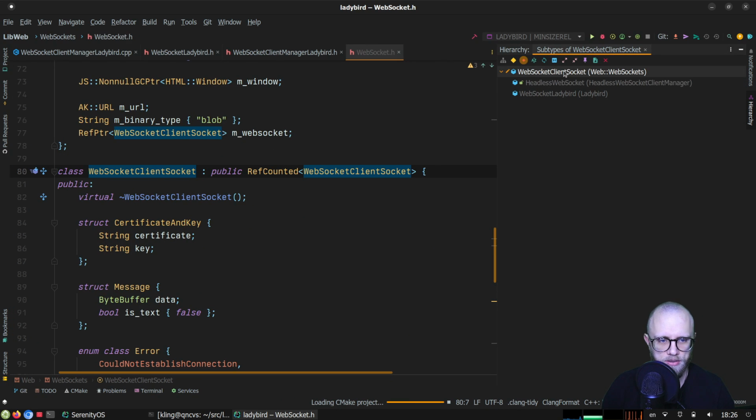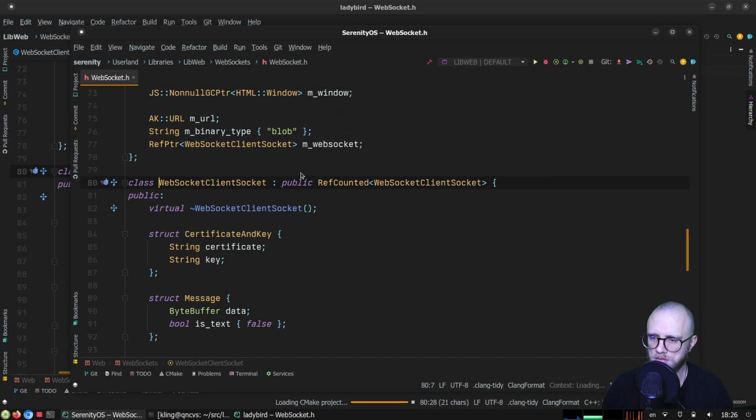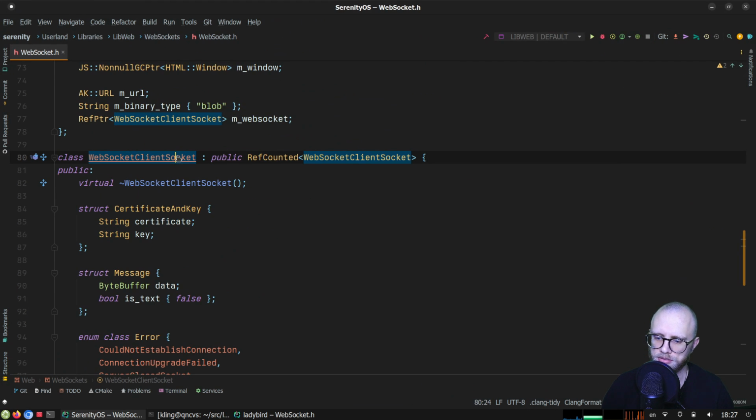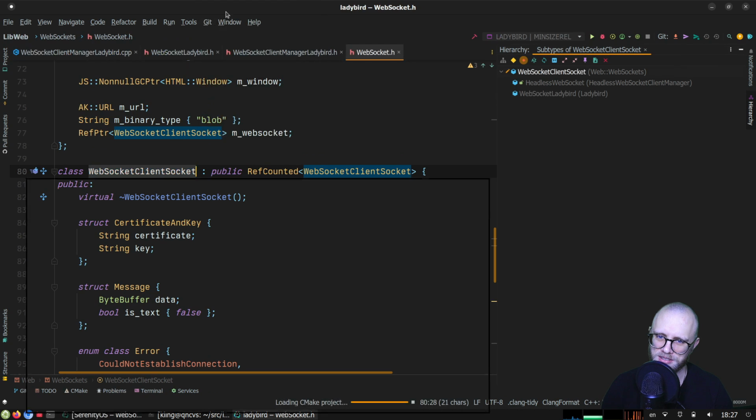Okay, and then for whatever reason, it's not even picking up the thing that we use on Serenity OS, which is kind of weird. Let me just see if I use the other CLion project, then it finds the WebSocket Client Socket adapter, which is part of the Serenity OS browser. So it's a little unfortunate that I have to juggle these two CLion projects here at the moment, but ignoring that,